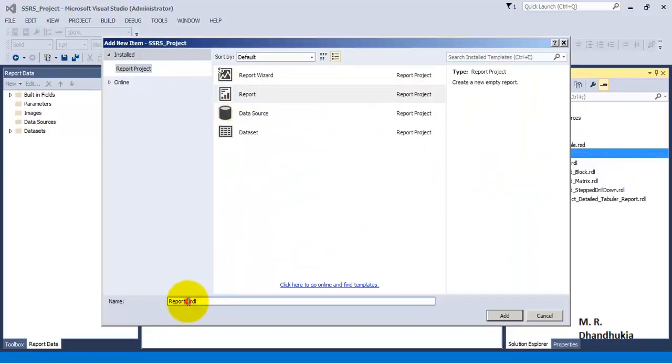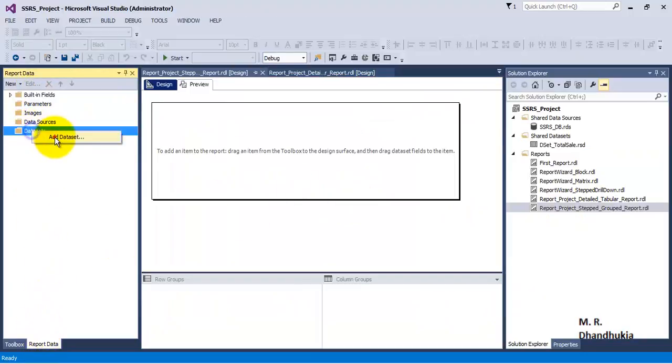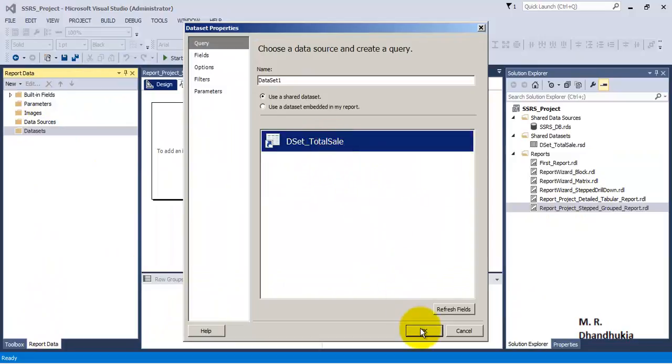Let us name this item stepped group report. Okay, so now we have got report data. In this, let us add a data set. We will use the shared data set.